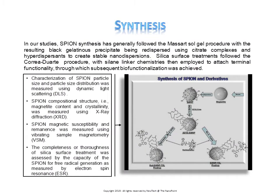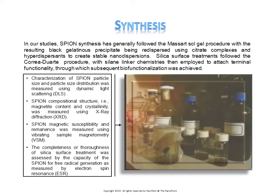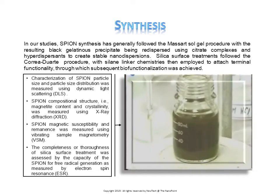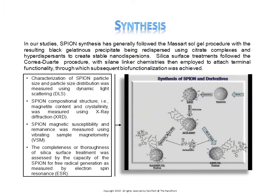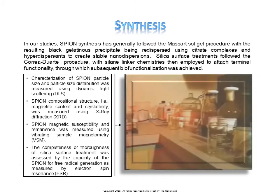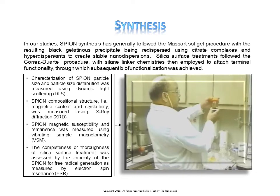For the work reported here, SPION synthesis has followed the Massart sol-gel procedure, with the resulting black gelatinous precipitate being redispersed using citrate complexes and hyperdispersants to create stable nanodispersions. Silica treatments followed the Correa-Duarte procedure, with silane linker chemistries then employed to attach terminal functionality, through which subsequent biofunctionalization